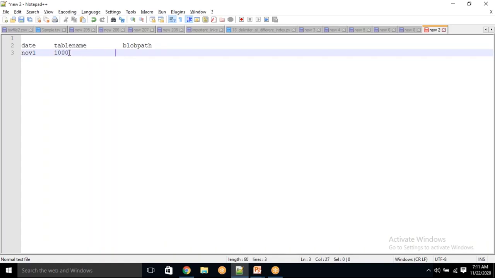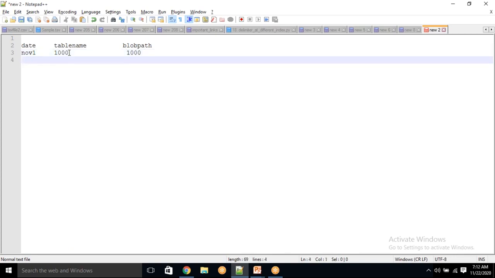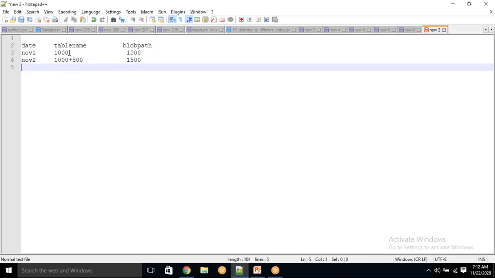When I run my pipeline, it is going to pick all these records and load them into the blob storage. How many records did it load? 1000 records. Now, November 2nd. How many records do we already have in the table? 1000. To the 1000, I will add maybe 500 records. Now, what is the total number of records in the customer table? 1500. So when I run my pipeline, it is going to pick these 1500 records and load them into